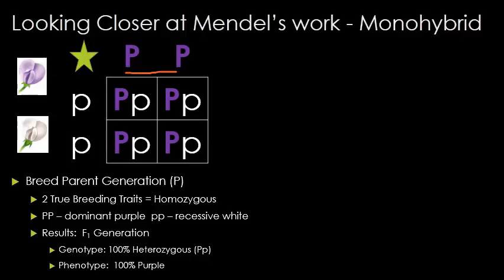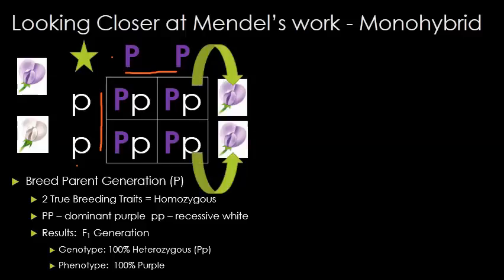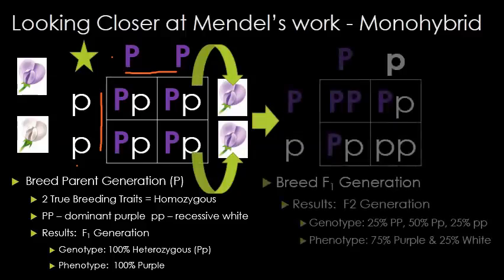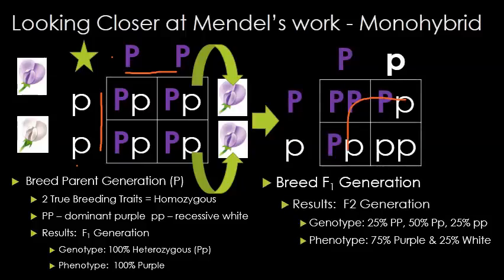You put one parent on the top, one parent on the left, and you merge their results. In this case, I am taking a homozygous dominant parent and a homozygous recessive parent and breeding them together in my Punnett square to produce an F1 generation that was 100% heterozygous. If you then breed 2 F1s together to produce the F2, you can start to see what Mendel saw. He saw a 3-to-1 relationship with 3 dominants and 1 recessive. So in this case, I would have 3 purple offspring and 1 white offspring.